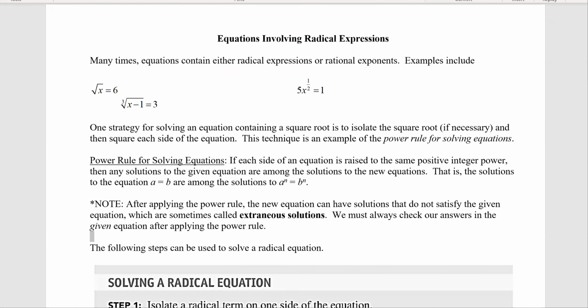Let's learn how to solve radical equations. Many times, equations contain either radical expressions or radical exponents. Examples include